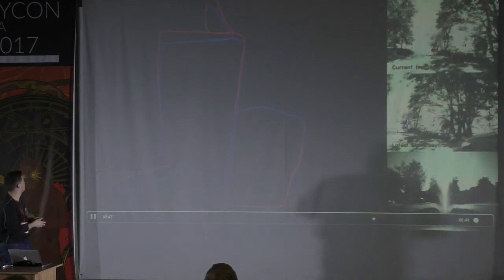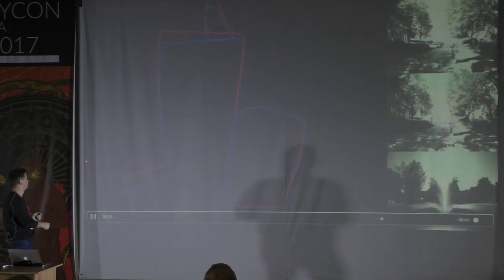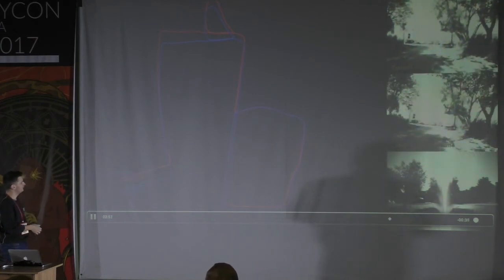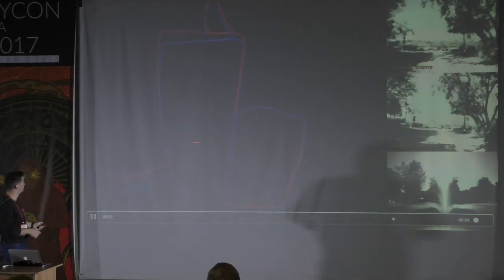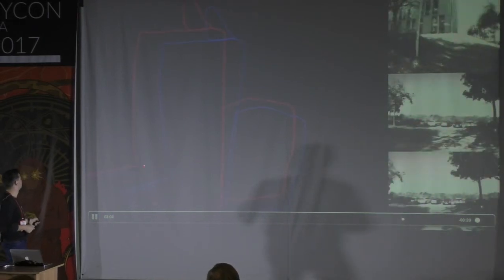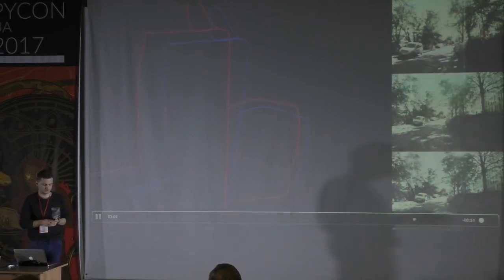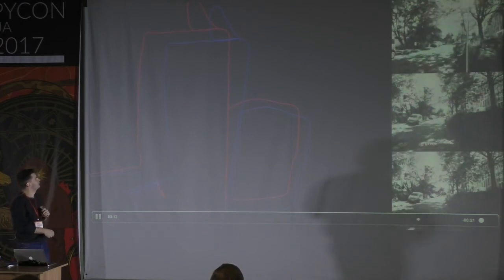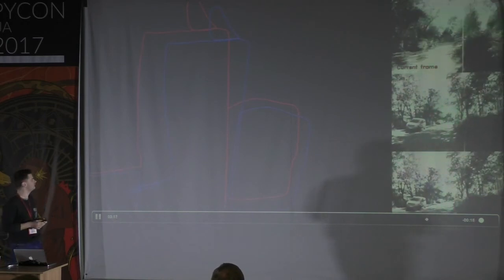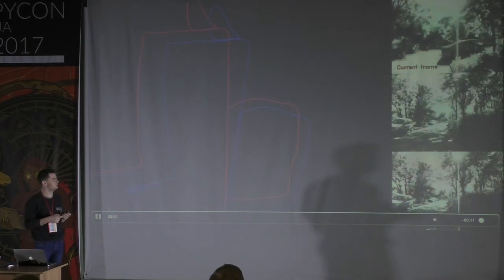So in the end you can see that we tried to return here, which was the original location, but we are still quite off with both methods. But since I'm making loops here on purpose to test my algorithm, it now detects it and closes the loop, and in the end we return almost to the start. I think the final error is less than 1 meter, and this whole track's length is almost 2 kilometers. So 1 meter per 2 kilometers is a good accuracy actually. And again, no GPS or anything was used, only cameras and an inertial measurement unit.